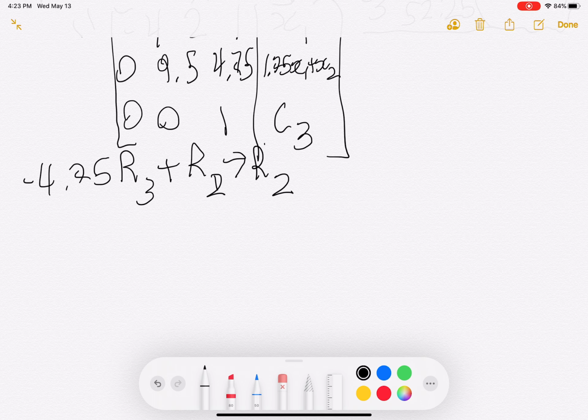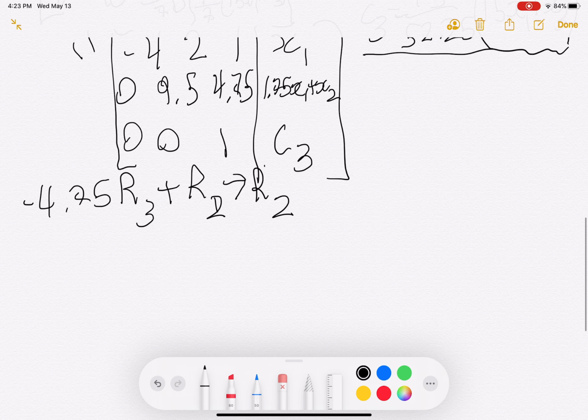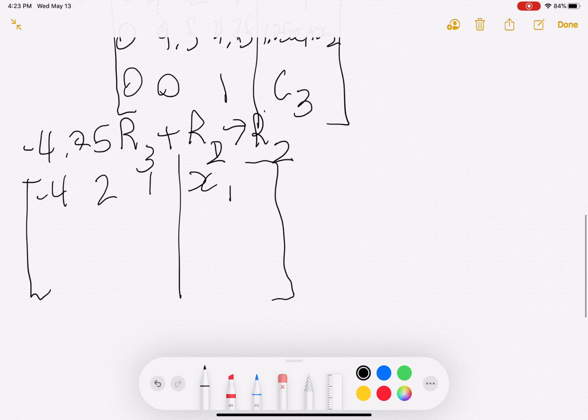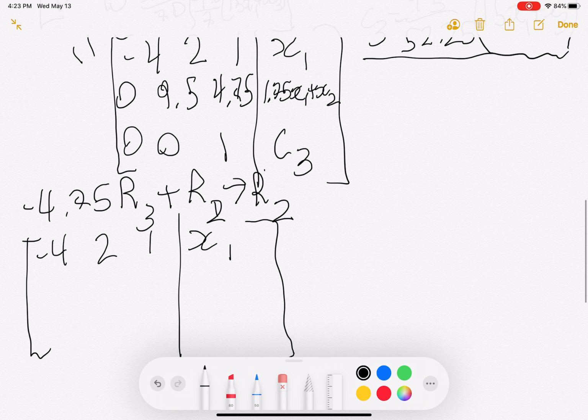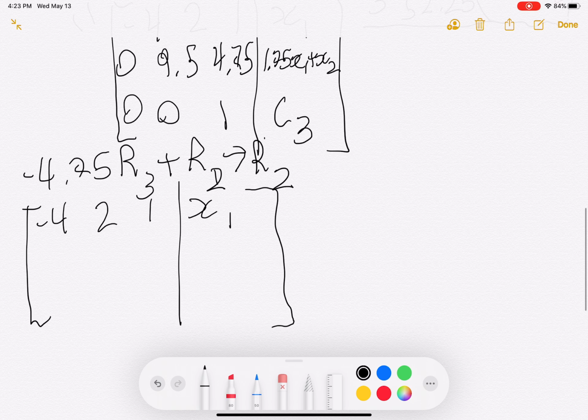So this is going to be rather straightforward. We get -4, 2, 1, x1. Going to make this decently large. And we get 0. Obviously this will be the same here, C3. So -4 times row 3, so this becomes a 0. This remains 9.5, right? And then here we'll get basically this value,